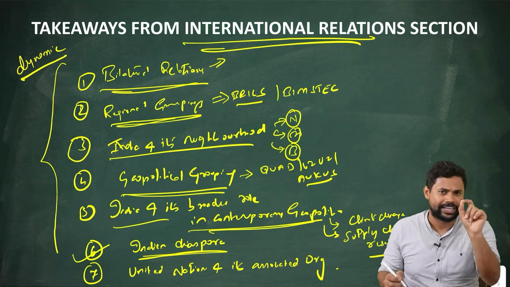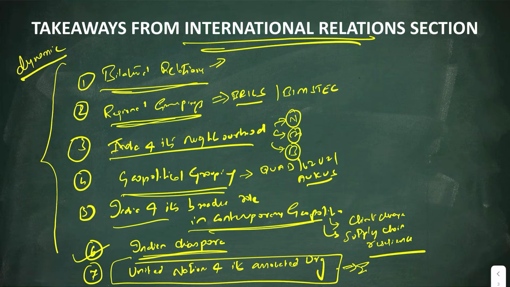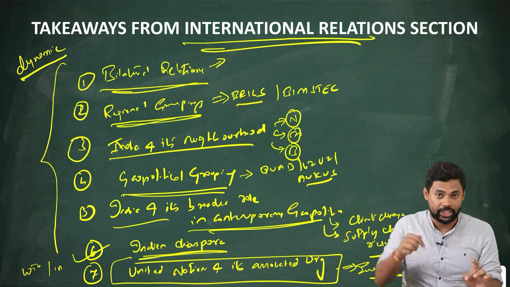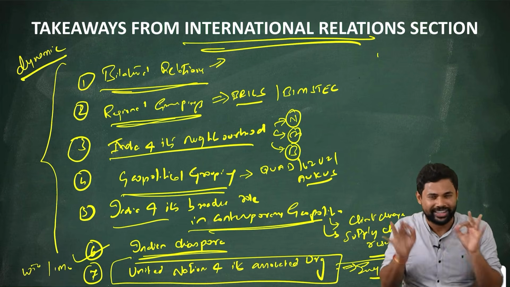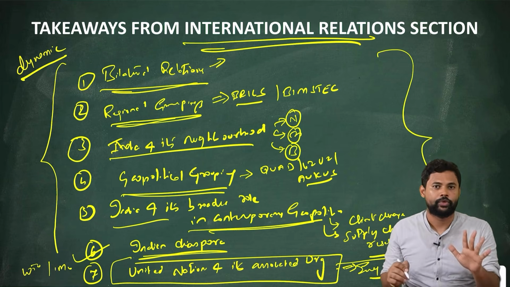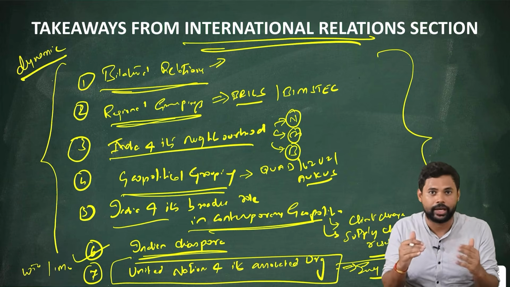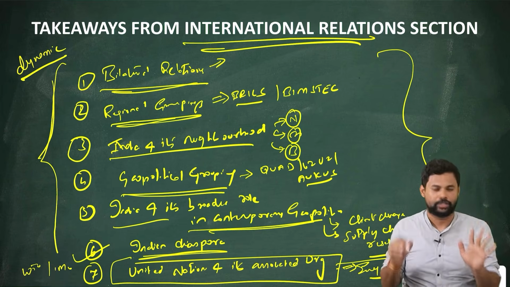The next, get this, there will always be one question every year. I'm again telling you, every year there will be one question on the United Nations or some of its associated organizations. For example, there was a question on WTO. There was a question on IMO. This year there's a direct question on UNSC. Now look, when I'm giving you the theme, all you have to do is prepare some static notes, and then keep tracking what is happening in the arena of international relations in the context of these thematics. That is all you have to do.